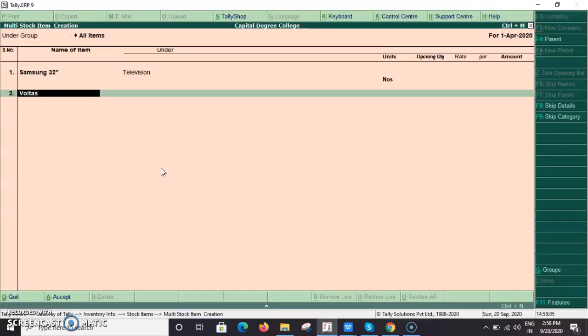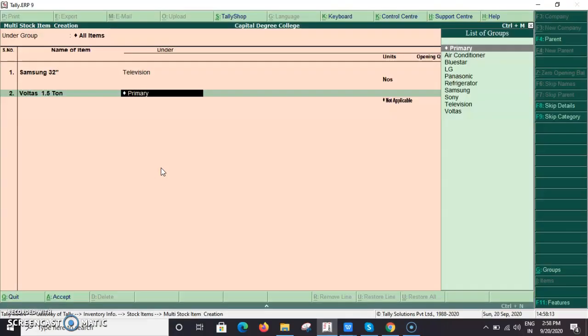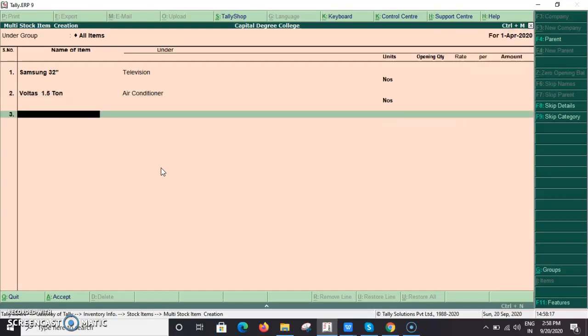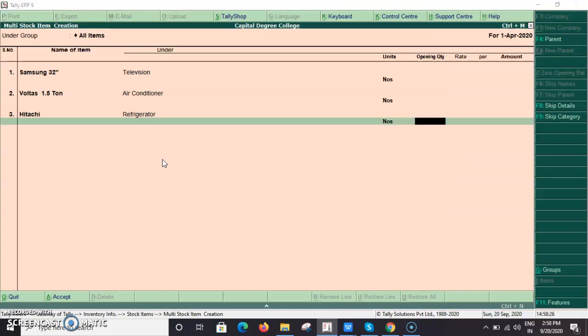Voltas 1.5 ton. Next, Hitachi, refrigerator, numbers.